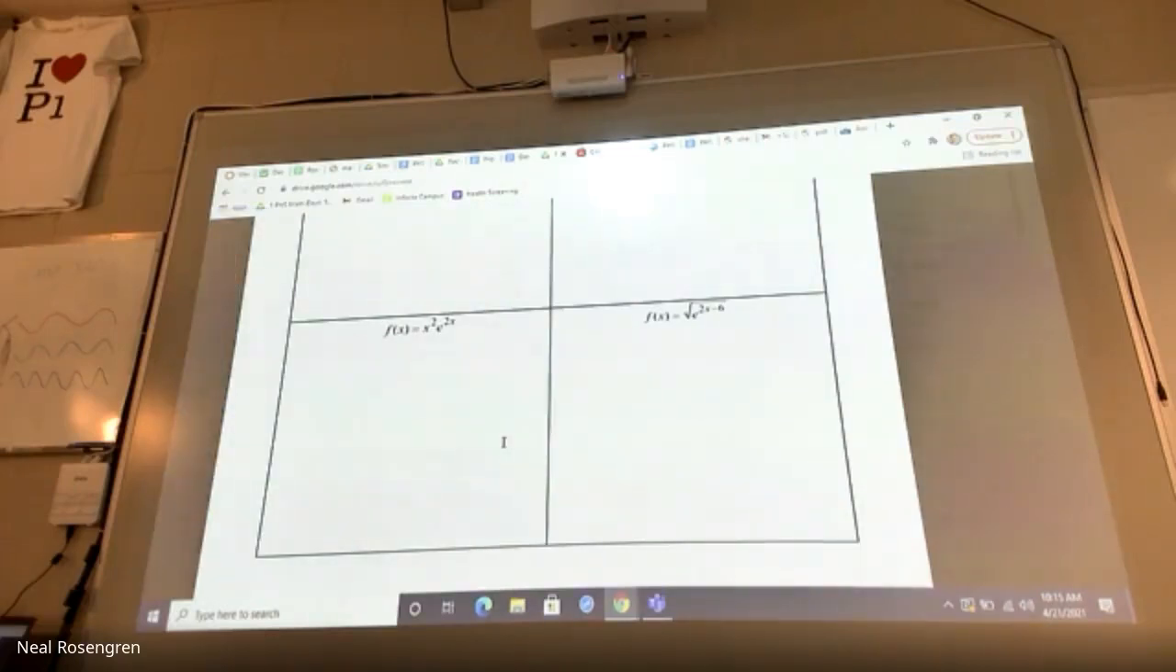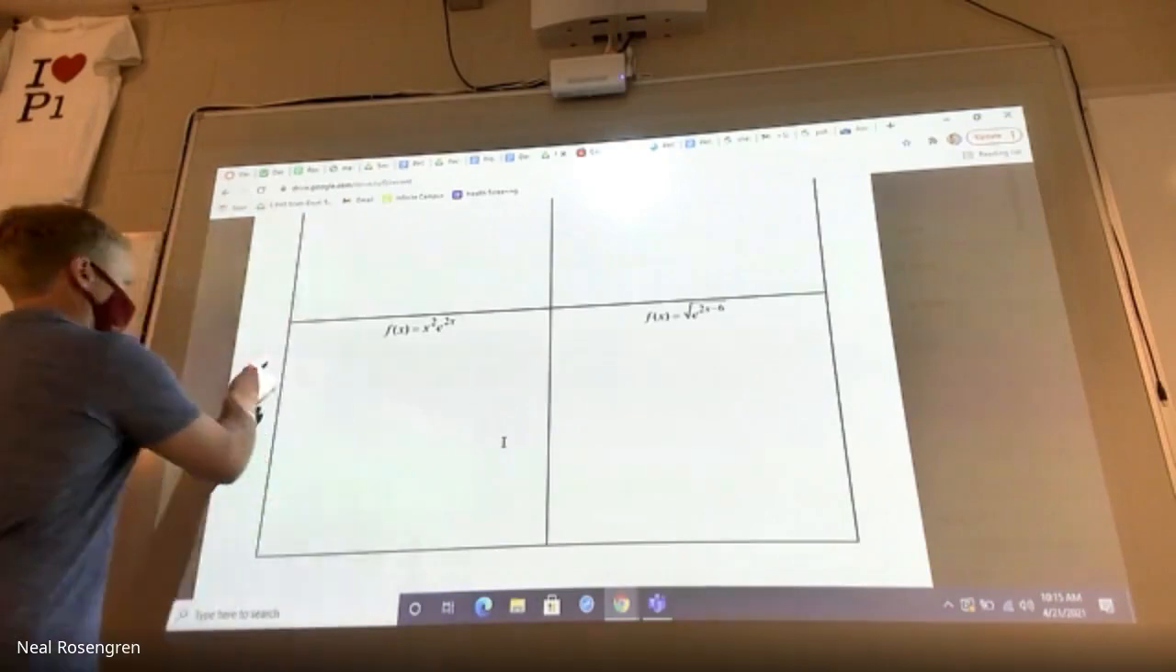I'll just give you a little clue first. The first one, bottom left here, product, okay? The second one, rewrite the function first. Okay? And then